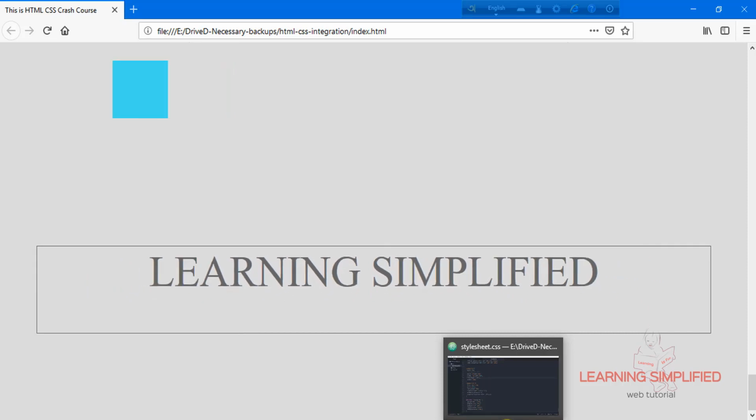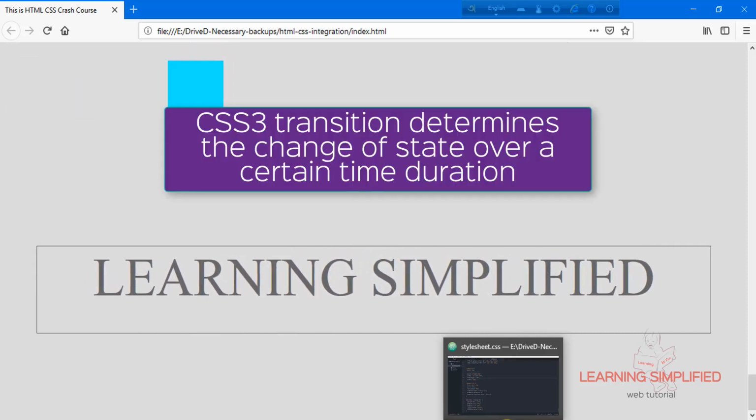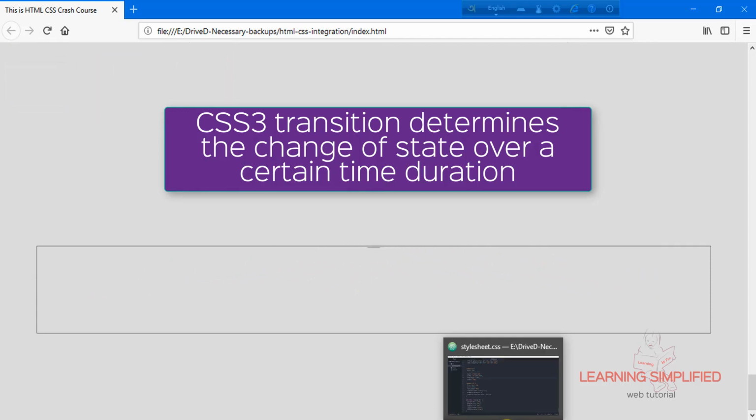The CSS transition determines the change in property values from one state to another over a given duration of time.